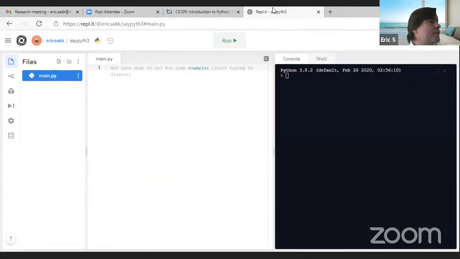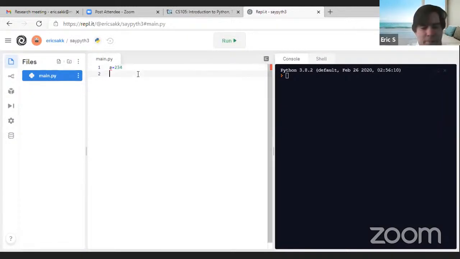Anyway, let's pop over to the Replit window, and oops, I didn't mean to do that. And so we'll set A equal to 234, not a very exciting number, but if A is equal